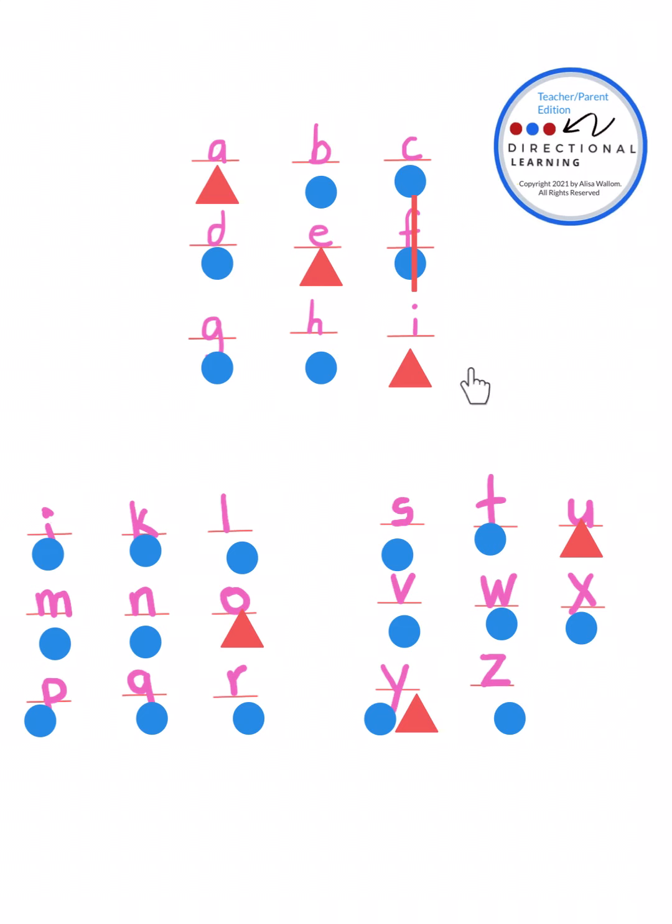I. And notice that there's no blue fly next door, so it gets to say, I am alone. There's no blue fly next door to me. So I get to scream my letter name, I. Over-exaggerate it. And also you want to tell them, since there's no blue fly there, it just gets to scream